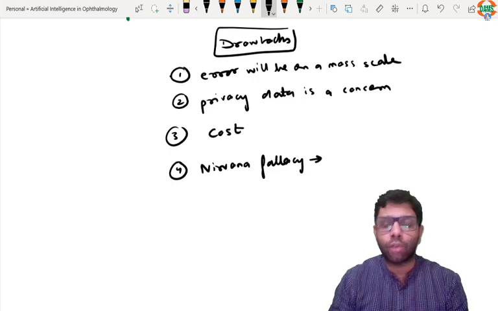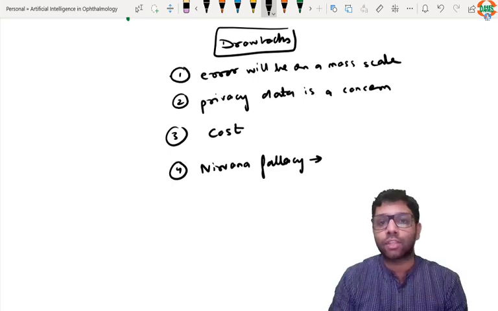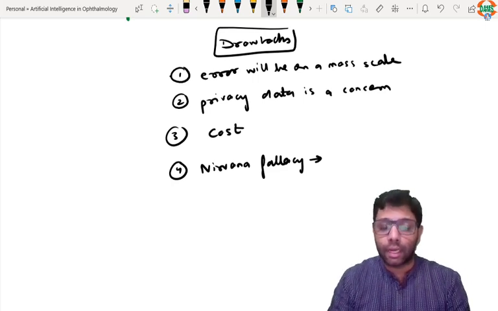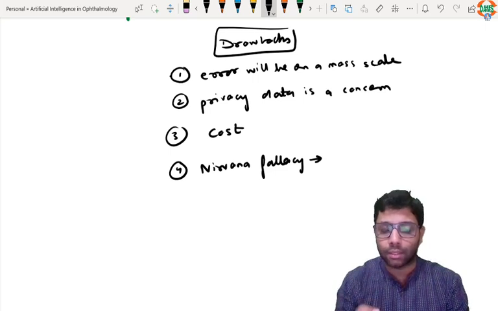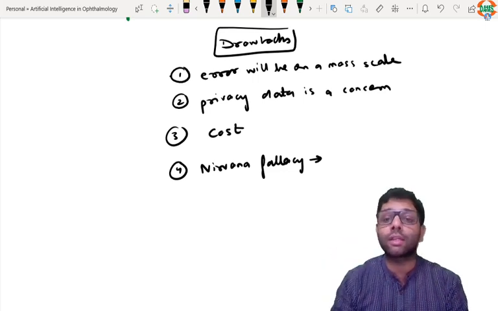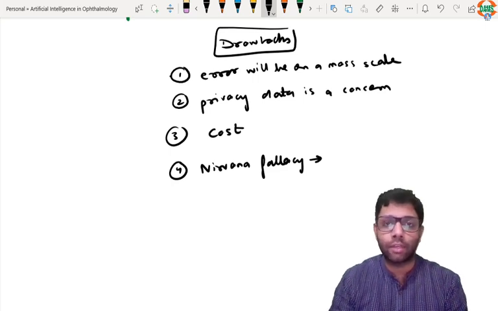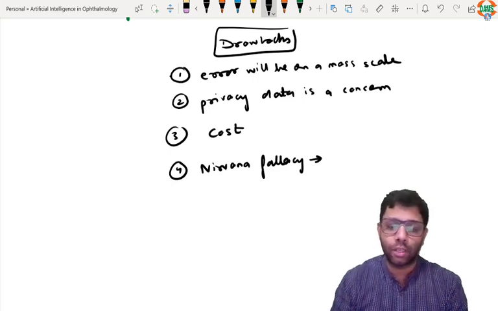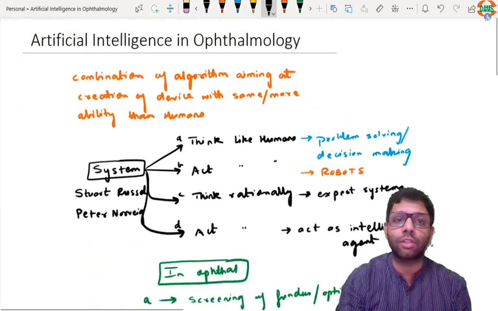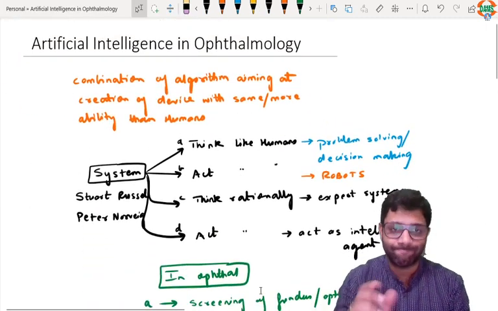Now humans are evolving things. If something happens extra in a diabetic patient, that thing the machine won't be able to get. So that is the comparison, comparing an actual thing, actual meaning today's patient, with an idealistic or unrealistic scenario. That is the nirvana fallacy, and that is always in every artificial intelligence tool. So that is what we can write down in the recent advances. The question comes on AI in ophthalmology. All right.